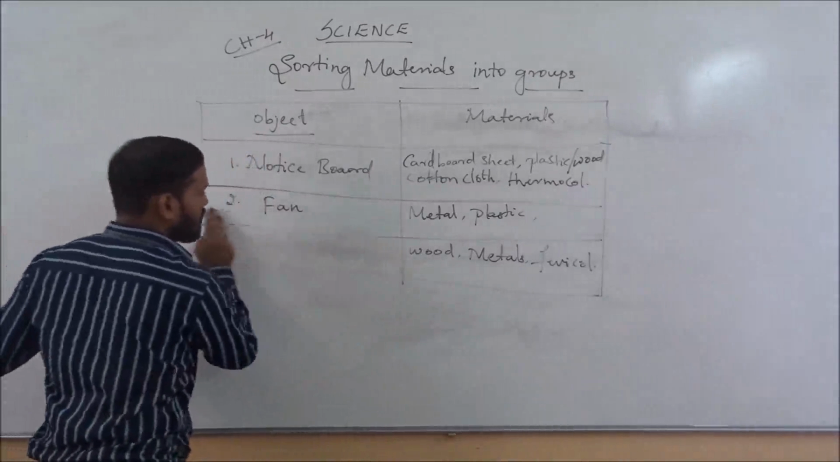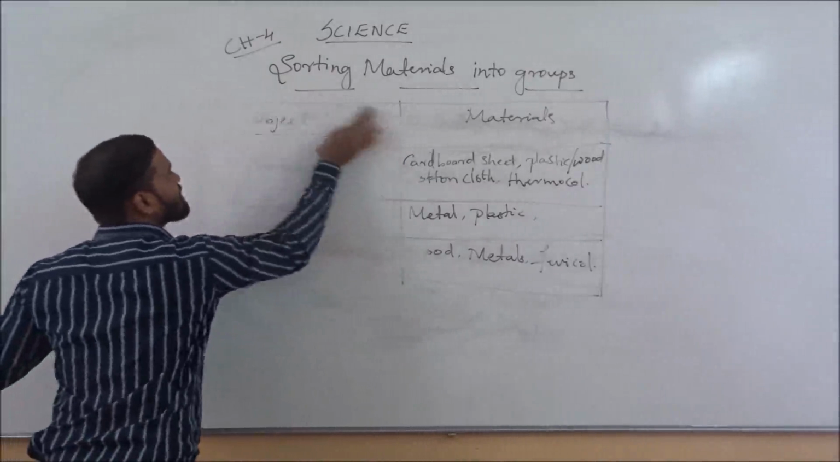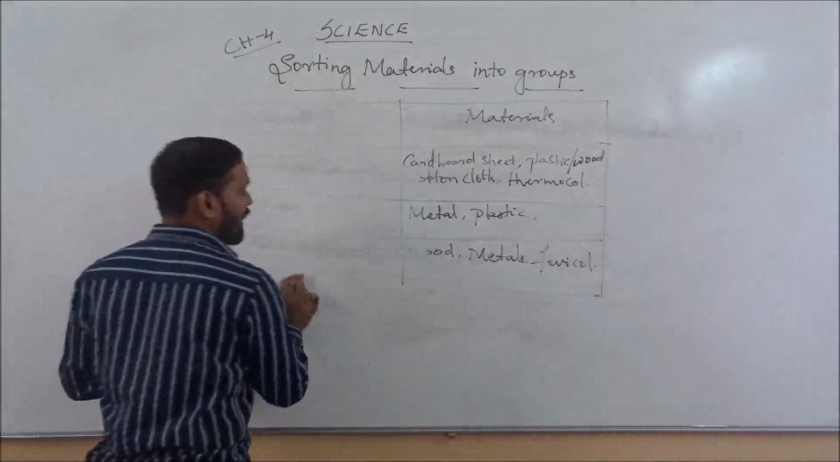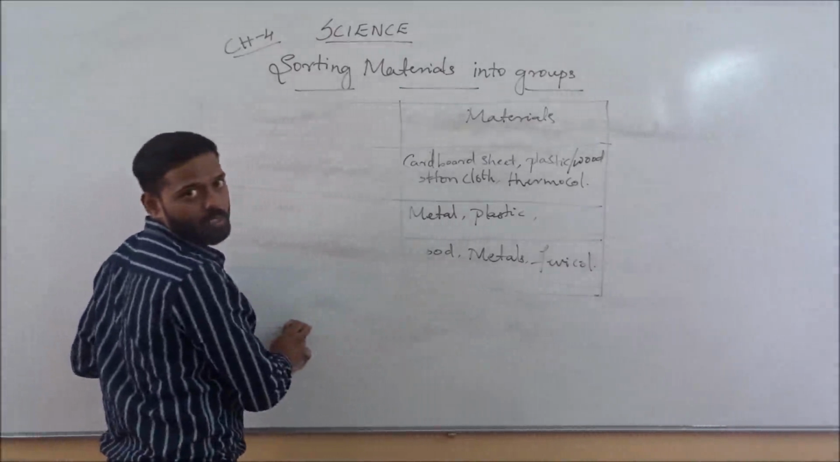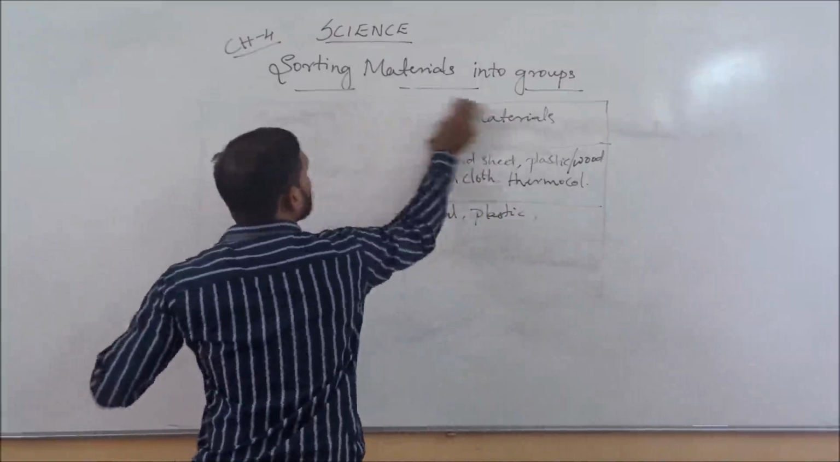Okay, understood? So we have taken some examples of objects, and we have seen the different kinds of materials used to make an object. Okay, that is what we have seen. Now